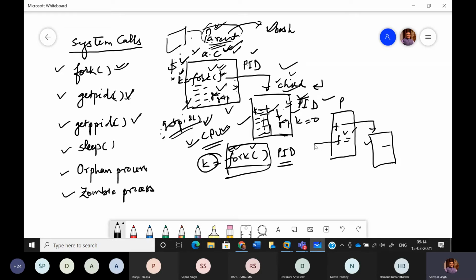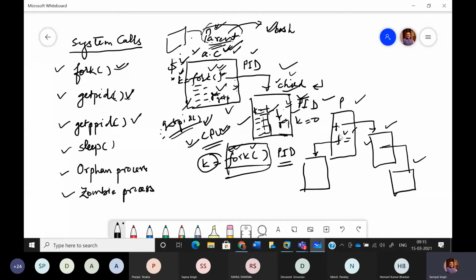So this fork, if the parent is getting the chance first, it will create a child process. And similarly, if the child is getting the turn, eventually after the parent, the child must get the chance. So when the child is getting it, it is also executing fork, so it is also creating a child process. So now we have this parent, this is the first child, and this is the second child.